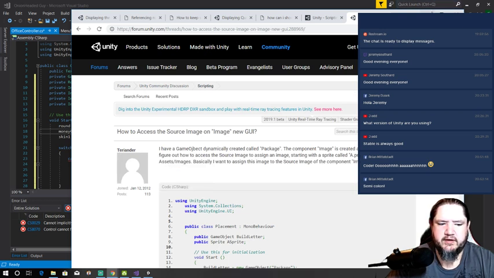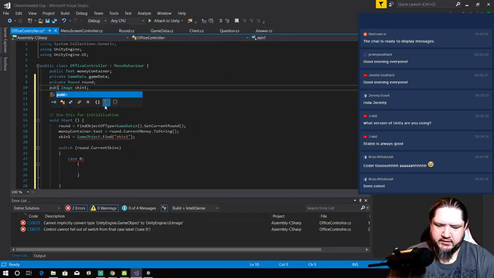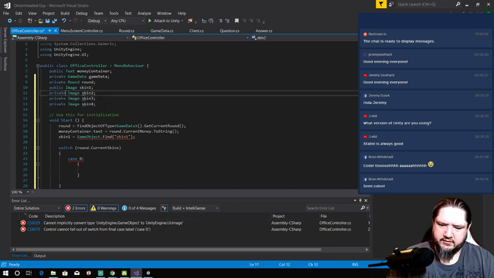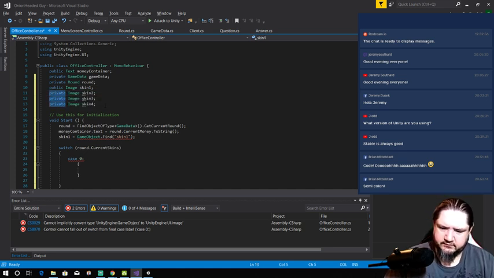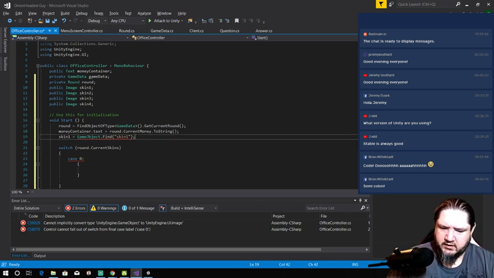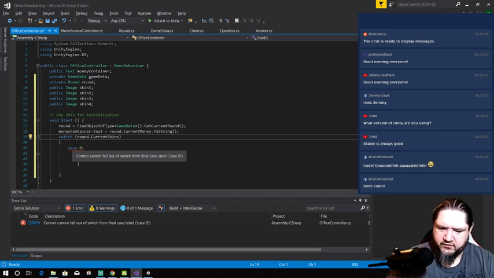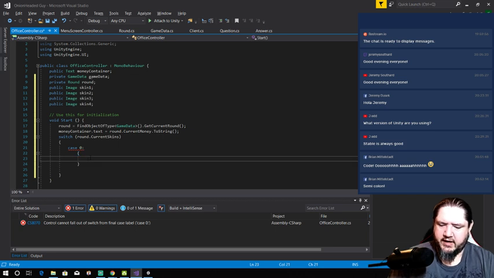Oh, I don't need to find it like that. I need to make these public. And those will get set by assigning them. What is the problem here? Cannot fall out from switch. Final case, uppercase 0. Yeah, so